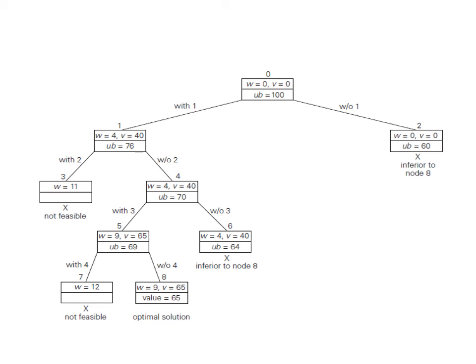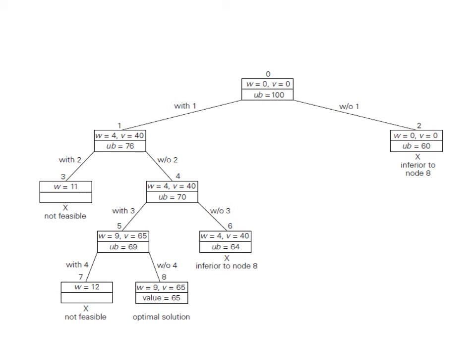Here v(i+1) by w(i+1) will become 0 because we are considering all the 4 items and we are not having any fifth item. So we have to substitute this value as 0. So the value will become 65 plus (10 minus 9) into 0. So the total value is 65. So in this level the maximum value is 65. So we are considering all the 4 items. So this will be the maximum value or maximum profit obtained in this knapsack.